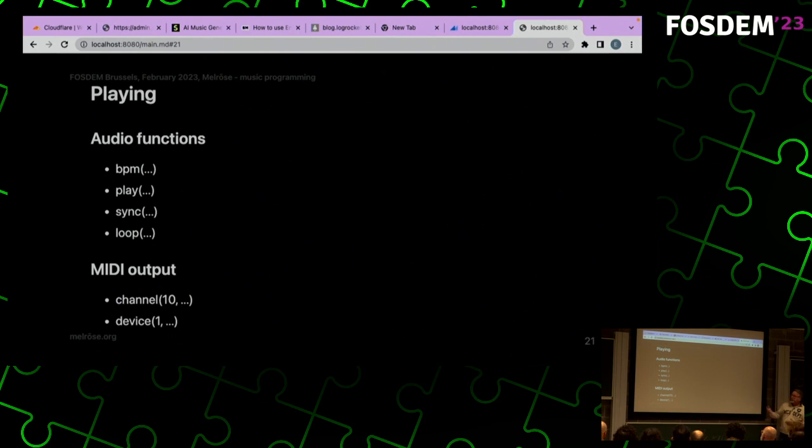Playing music, so you already saw BPM, and of course we have a loop, so the loop can take a sequence and just loop it. And that's very nice, I thought, because once you have a sequence and you start looping, then using a MIDI device you can find the right instrument that matches the loop. So that's how I interact with that.